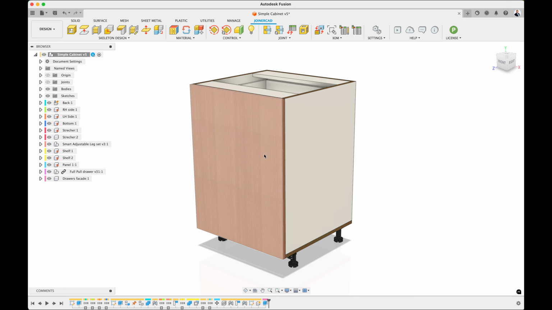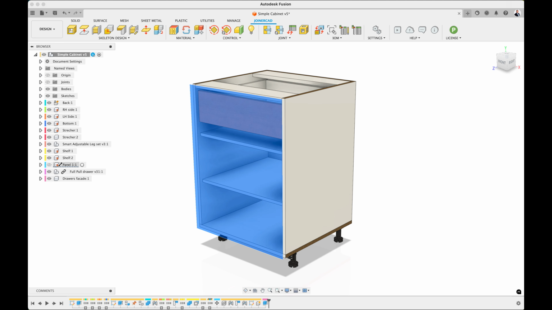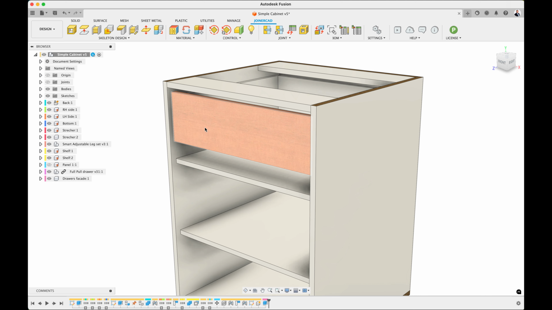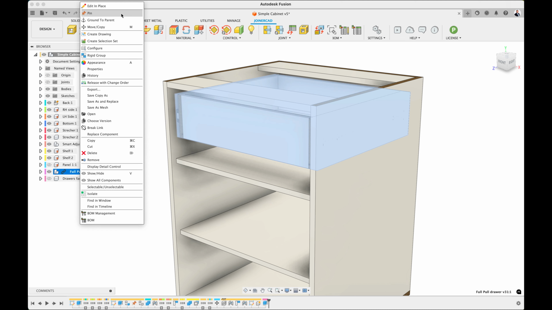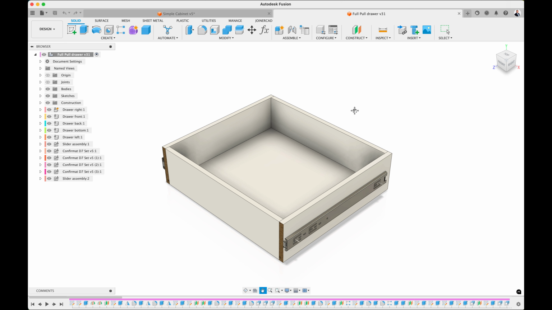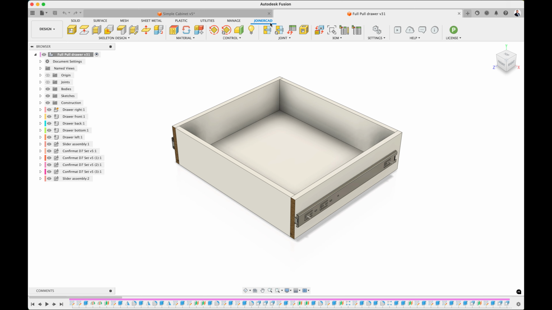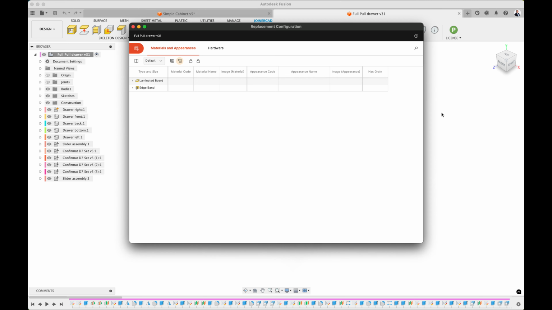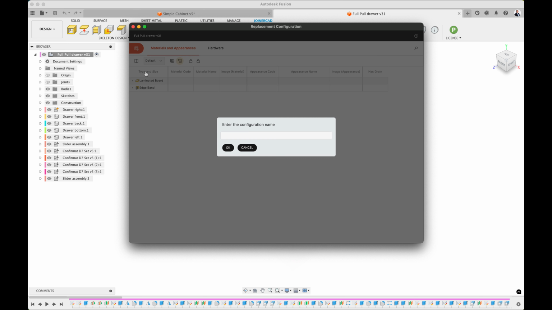I will use the same model, but with a drawer assembly inserted. In this case, my drawer assembly is an assembly reference, but the system would work similarly with a sub-assembly generated in the same document. I remove the visibility of all components that are in my way and open the drawer assembly. I launch the replacement command, and as shown before, I create a scheme and make changes.